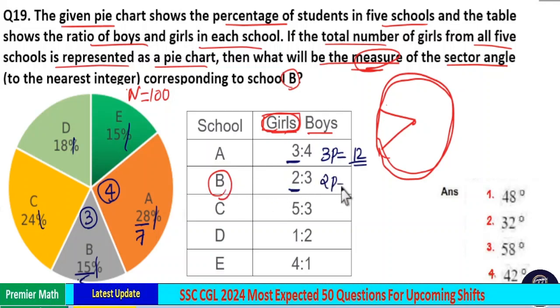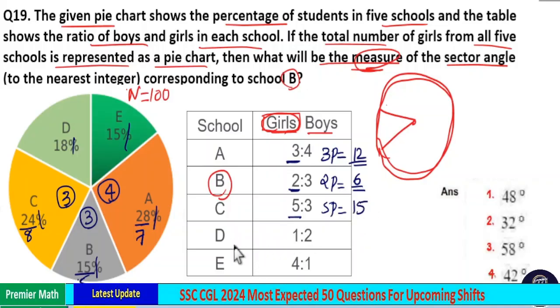So 2 part is equal to 2 into 3, 6. In school C, total number of students is 5 plus 3, 8 part. 8 part is equal to 24, means 1 part is equal to 3. If 1 part is 3, total number of girls in school C is equal to 5 part. So 5 part is equal to 5 into 3,